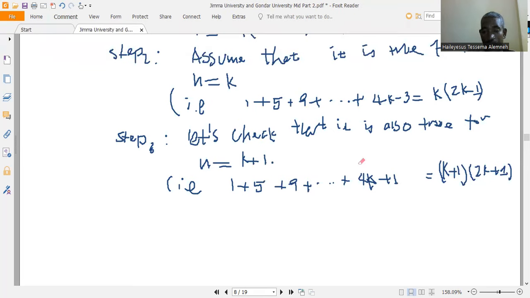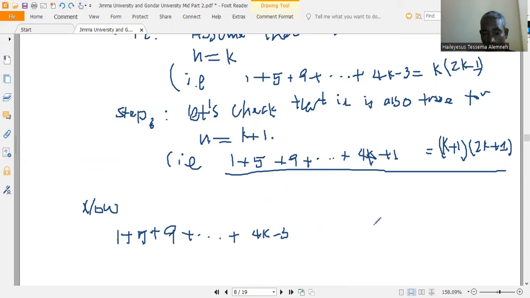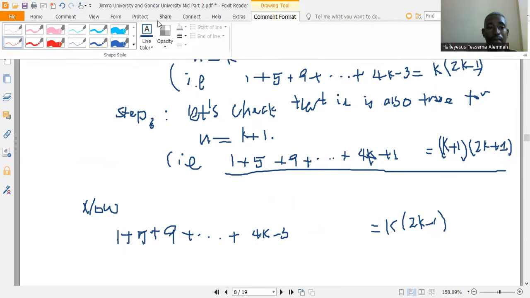Now we have said that it's true for k terms. true ነው ብለን ከተነሳ ከሁለተኛው assumption፣ 1 plus 5 plus 9 plus ... plus 4k minus 3 is equal to k times 2k minus 1። true ነው ብለን የተነሳ ነው ከዚህ አሳምፕሽን ላይ።